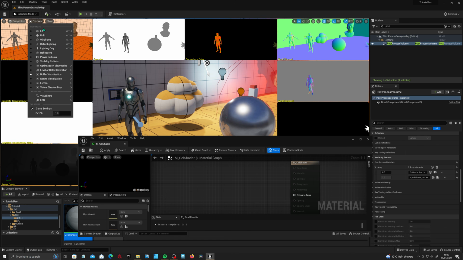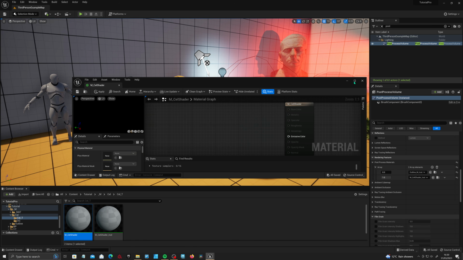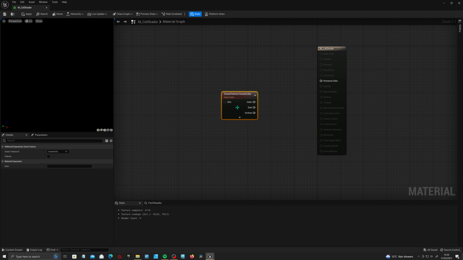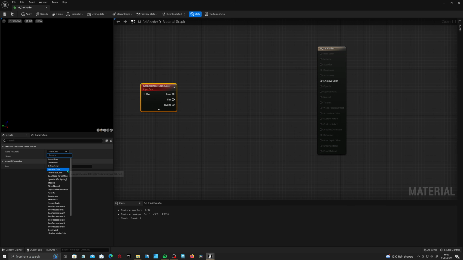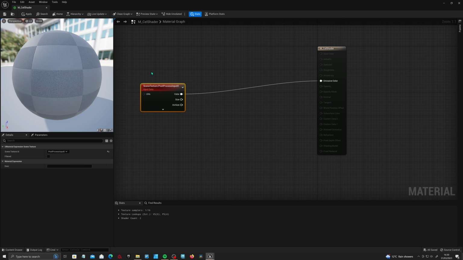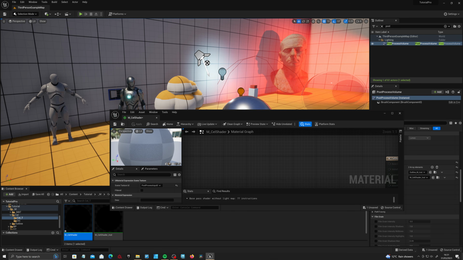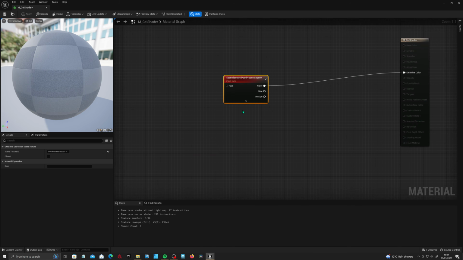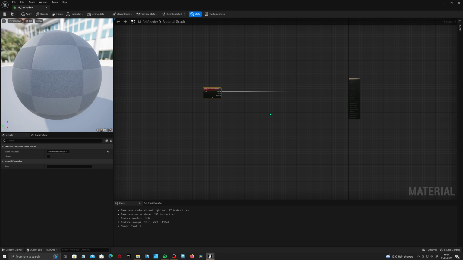So if we put that back to lit and open this guy up like this, and right click and create a scene texture and put it to post process input 0 and chuck that guy into there and apply, you'll see that your scene goes back to normal. Sweet. So now if we open up this guy,